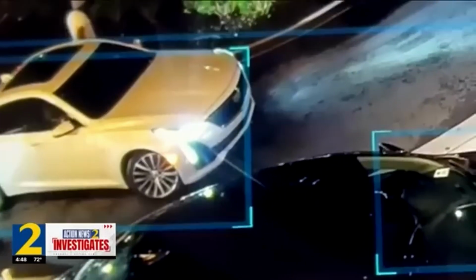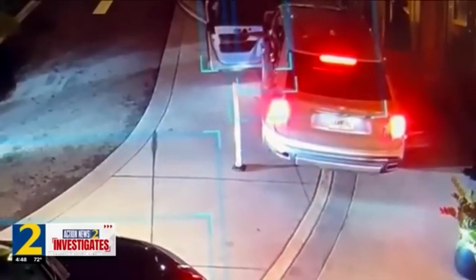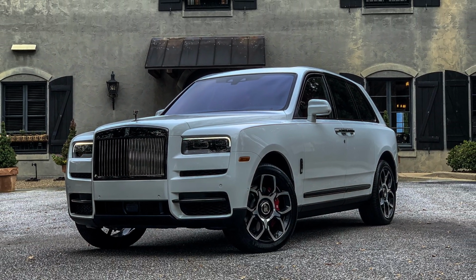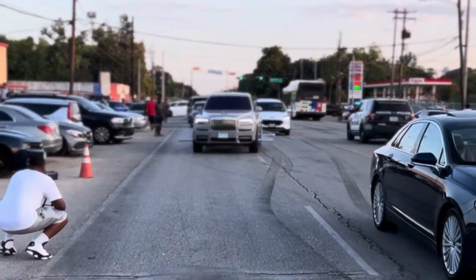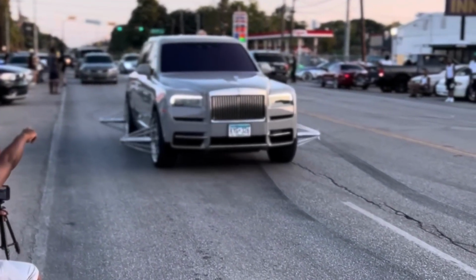Some random dude cruises up in a white Cadillac. The valet hands over the keys and the thief leaves with the Rolls-Royce. Now you would think the story might end here, but no. Despite trying to track the Cullinan down, the thieves were smart enough to disable its GPS. It wasn't until months later that Scott spots his Rolls-Royce in social media posts, now hanging out in Texas with